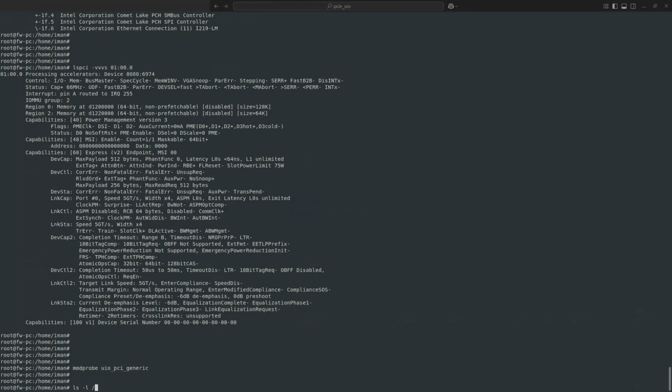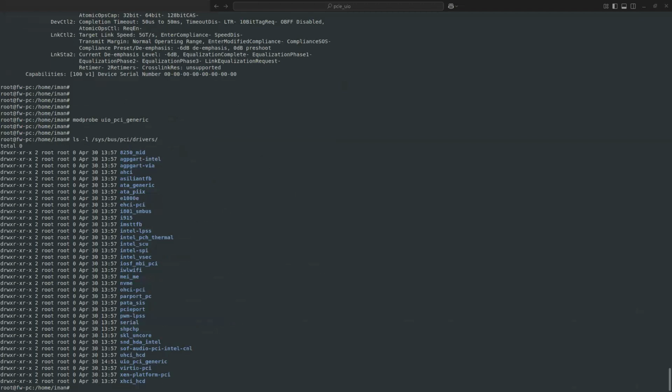If you go to the sysfs of your system, you have sys, bus, and PCI. Inside drivers, you see all the drivers that exist, and one of them should be, let me check, UIO PCI generic. This is the driver that we just loaded.